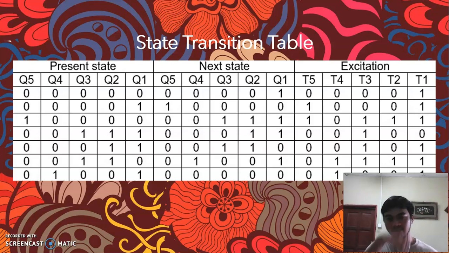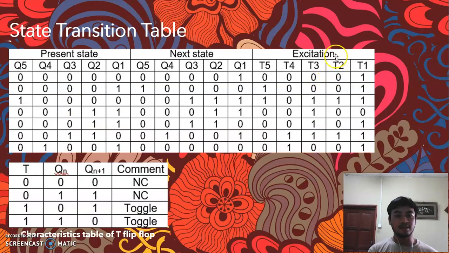We move to the explanation of how we get the excitation result. We use T flip-flop in this project because T flip-flop is easy, and we just require one input. What we need here is the characteristic table of T flip-flop, where this is present state Qn, and this is next state Qn plus 1.